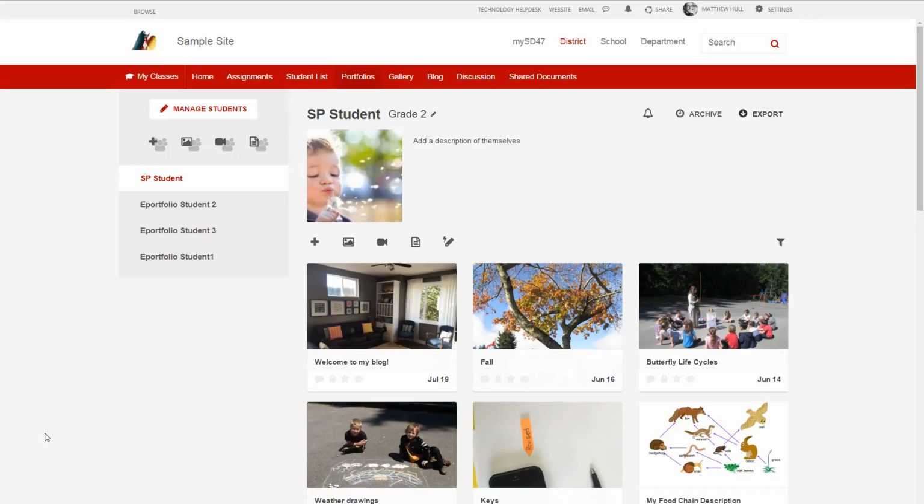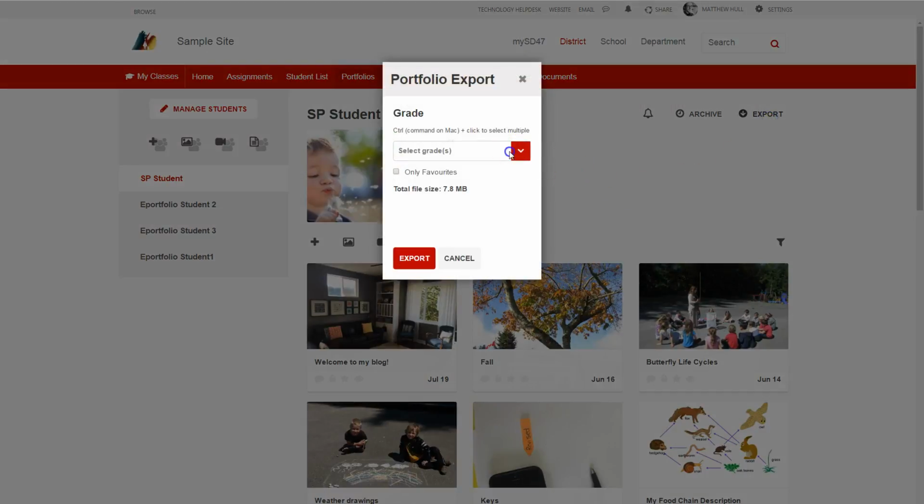In this video, we're going to be looking at the new export feature in the portfolio site. So here we are under my sample site, portfolio section, and I'm just looking at this one here, SharePoint Student. So I'm simply going to click on the export button, and here I can select what grades I want